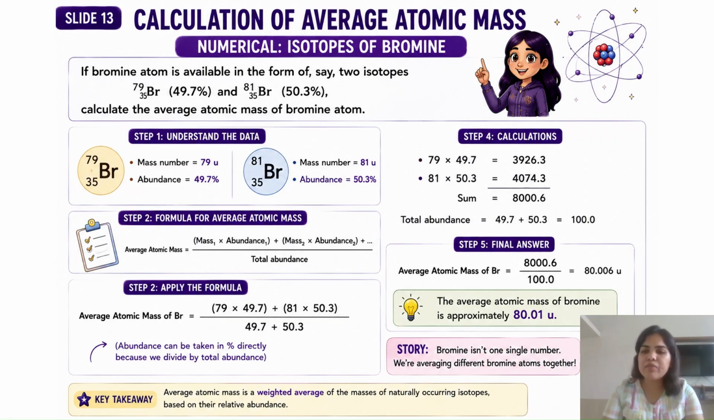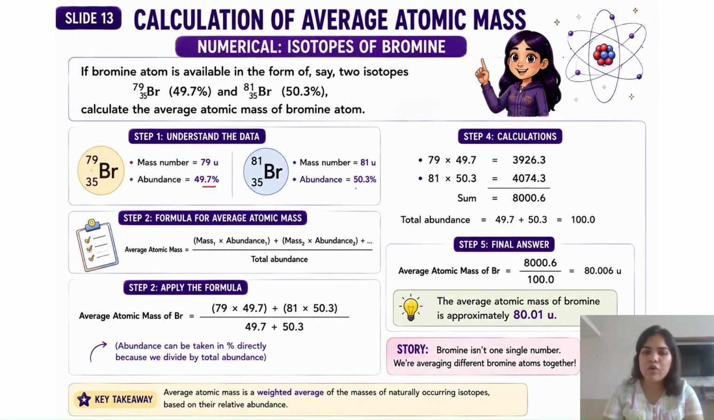Remember, we cannot simply take the ordinary average of 79 and 81 because the two isotopes are not present in exactly the same ratio. We have to consider their percentage abundance. So, the formula is: average atomic mass is equal to the sum of isotopic mass times fractional abundance. First, convert the percentage into a fraction, that is 49.7% is equal to 0.497